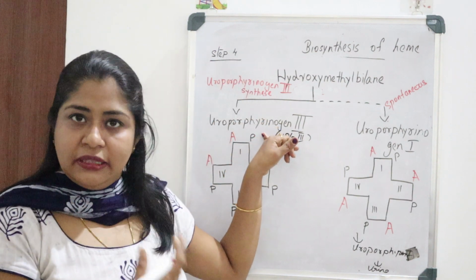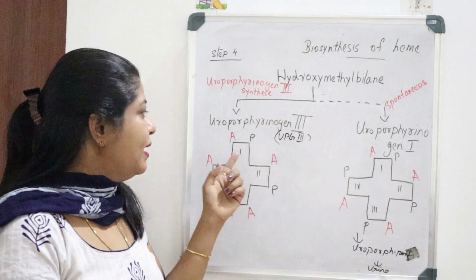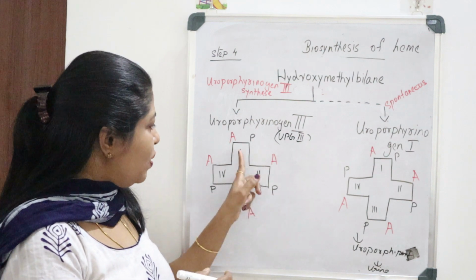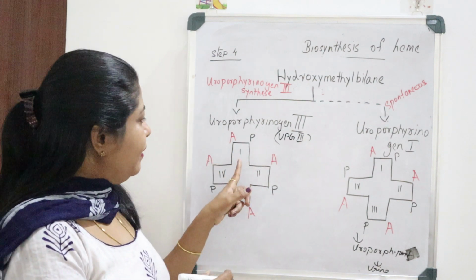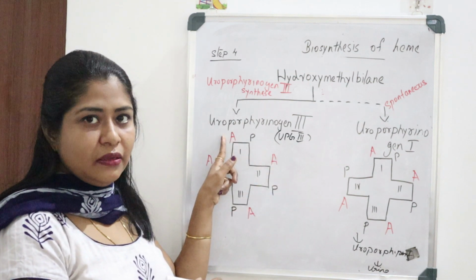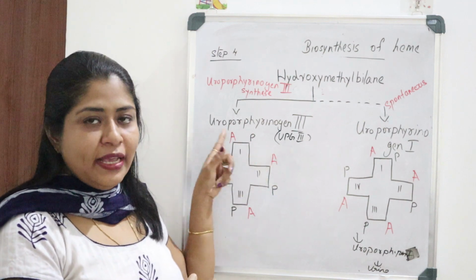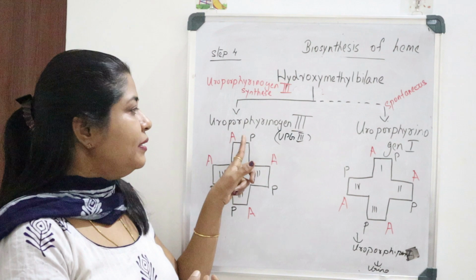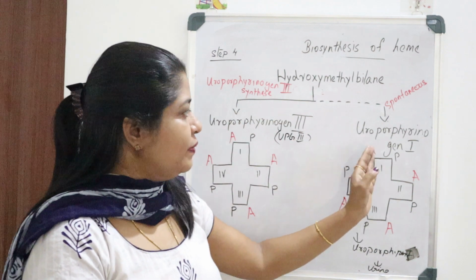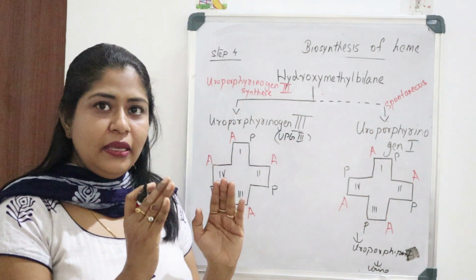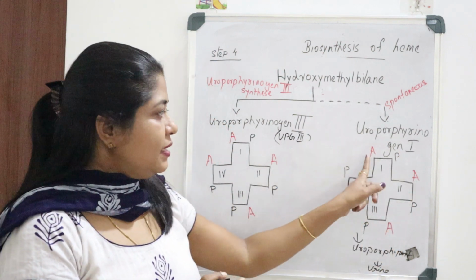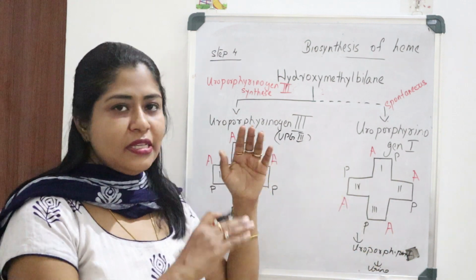producing uroporphyrinogen 3. This is one representation of that porphyrin ring. Here we can see 1, 2, 3, 4 pyrrole rings, though the bridges are not given here, and these are the substituent groups, A for acetyl and P for the propionyl group. So we can see 2 types of substituent groups, acetyl and propionyl. In these 2 structures you can see acetyl and propionyl groups, but here we can see a symmetry in the substituent groups: AP, AP, AP, AP.